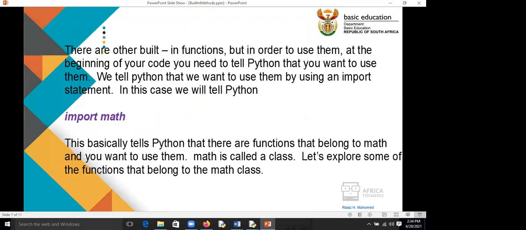There are other built-in functions, people, but in order to use them, at the beginning of the code, you need to tell Python you actually want to use them. So basically, there's another program written, and that program is called math. If you look at the screen, we are basically going to tell Python, hey, listen, there are functions inside this program math. We want access to them. And to gain access to them at the beginning of your program, right at the top, first line, you're going to say import math. That means all the functions that exist in the math program, you will have access to it,